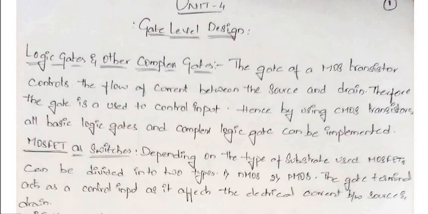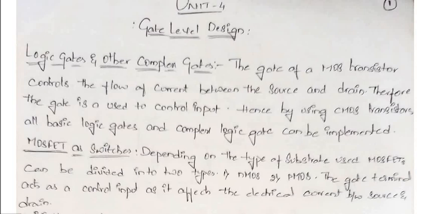As we have already said in the previous class, when we did the fabrication process of CMOS, we saw that without CMOS transistors, the logic gates or complex logic gates cannot be implemented. These are very important, and without these logic gates it is impossible to design proper electronic equipment. So it is very important to have the gates, CMOS transistors and all complex logic gates.